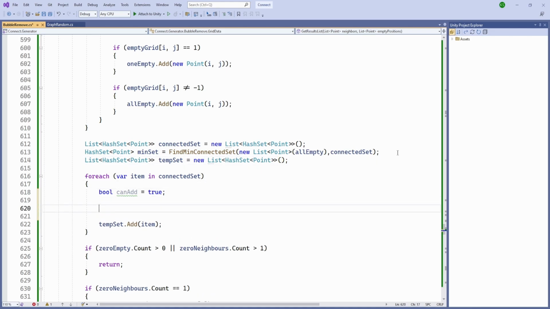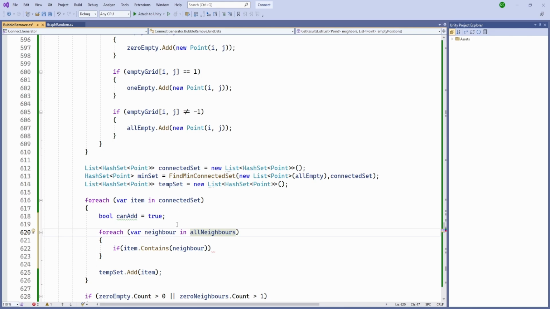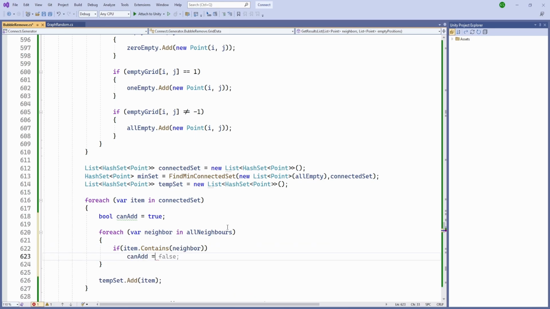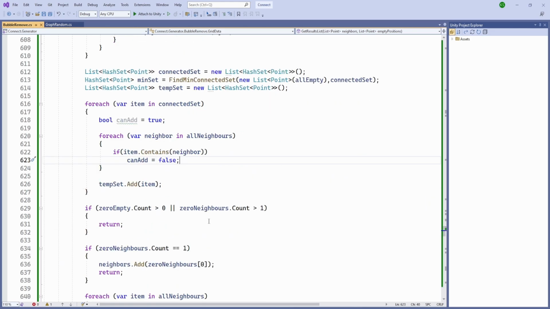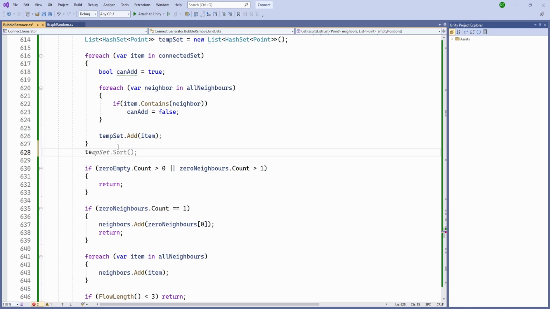And when we cannot add, so for each neighbor in our all neighbors, if our item dot contains, so it is going to be a hash set. If it contains the neighbor, then it is going to be false. So it is always going to be checked, so it does not matter. Naming we are already using, so we'll set can add to false. And what we are going to do is after it is counting for the bubbles, we'll check in the end we need to set our connected set to be equal to our temporary set,